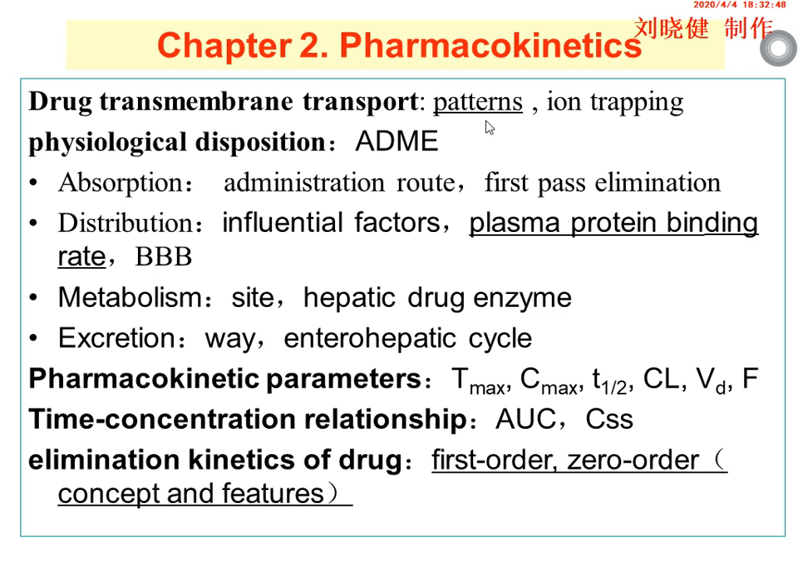Do you still remember which pattern is the most common? Maybe you still remember. Yes, simple diffusion. I mainly introduced the influential factors on simple diffusion. There is an important phenomenon, ion trapping. Do you remember this? This is actually the first terminology for you to study pharmacology. Ion trapping. Once a drug is in some fluid,